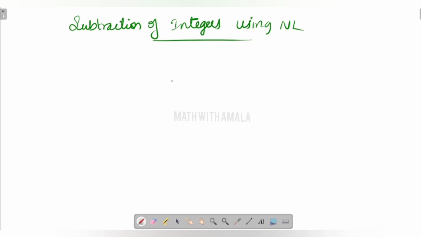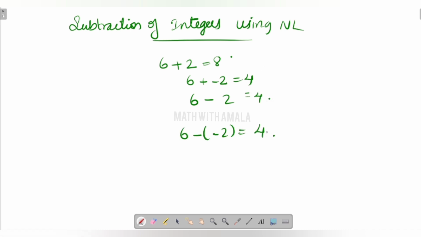The next is subtraction of integers using number line. NL is a short form for number line. Let us have 6 plus 2. This is the addition of integers. You can simply write it like 8, and 6 plus minus 2. One of the two integers is negative. So you can write it like 6 plus minus 2, which is actually 6 minus 2, that is equal to